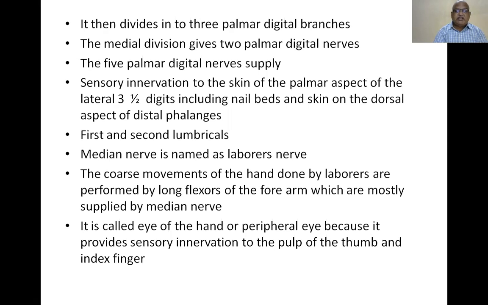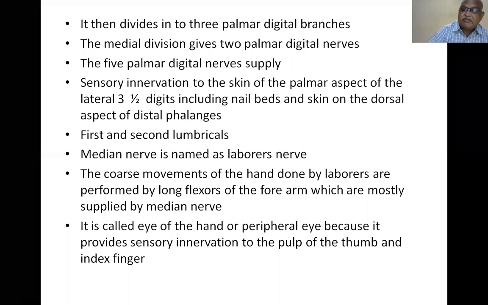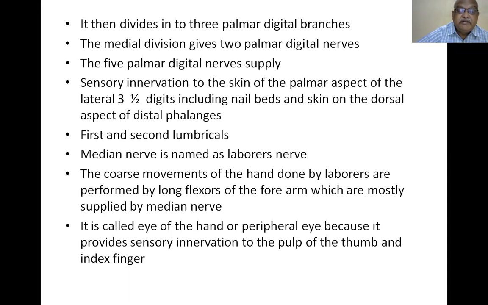The first and second lumbricals are supplied by the median nerve. The third and fourth lumbricals are the 1.5 part of the ulnar nerve supply. So the third lumbrical is supplied by both the median and ulnar nerve. The fourth lumbrical is supplied by the ulnar nerve, and all the intrinsic muscles of the hand are supplied by the ulnar nerve. The median nerve is otherwise called the labourer's nerve. The ulnar nerve is responsible for the finest movements of the hand, so it is otherwise called the musician's nerve.